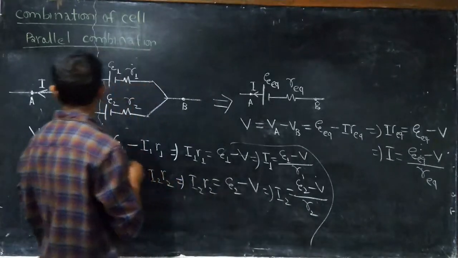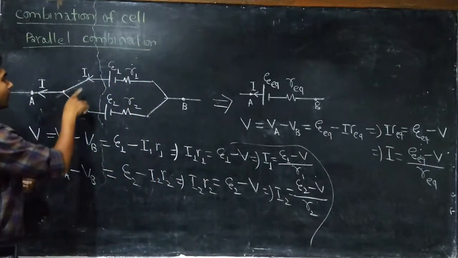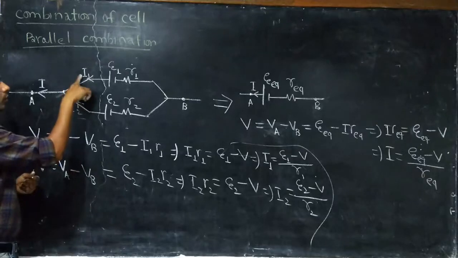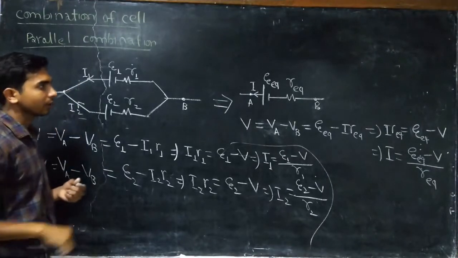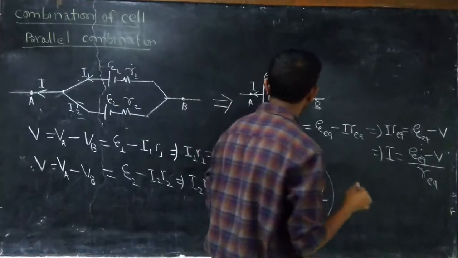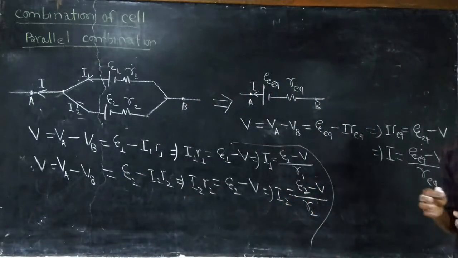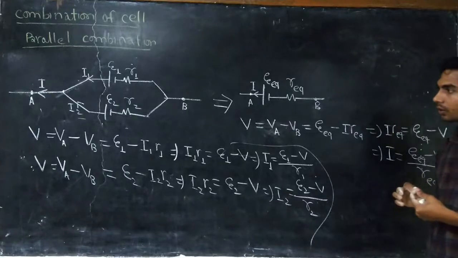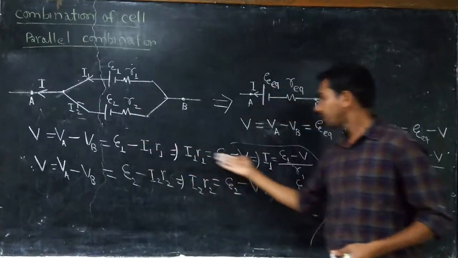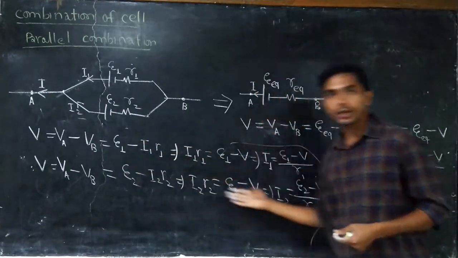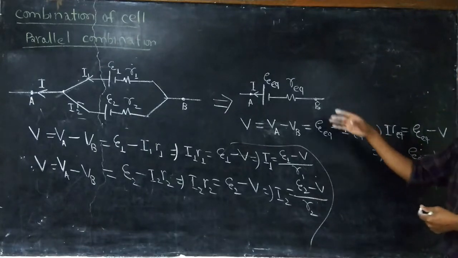Okay. And now at this point you are able to see that your I is basically the sum of I1 plus I2, right? So further we can write like that. So just note it down. So first you try to write this line and then this line, okay, and come to this one.